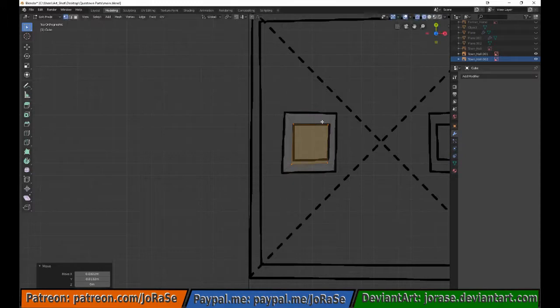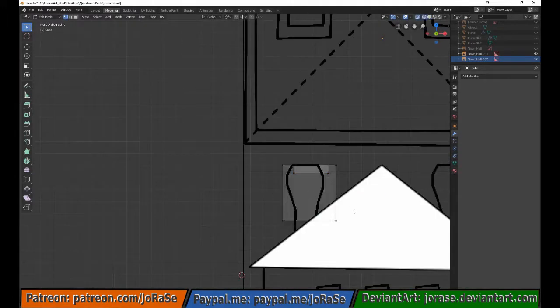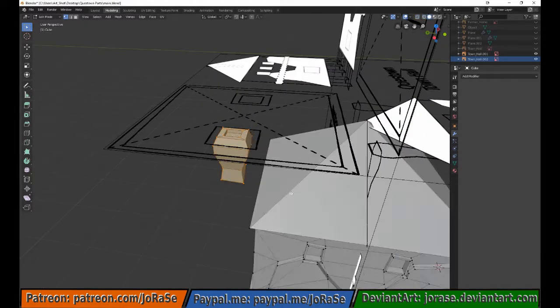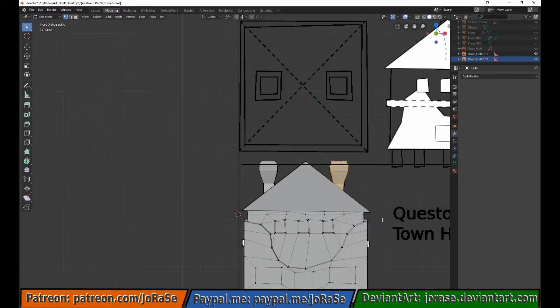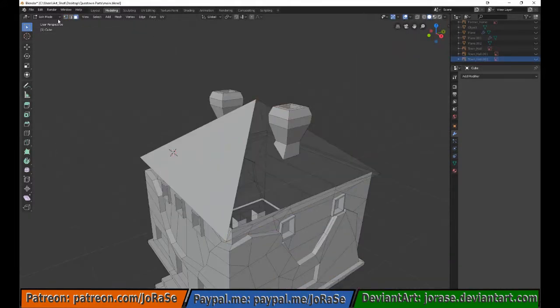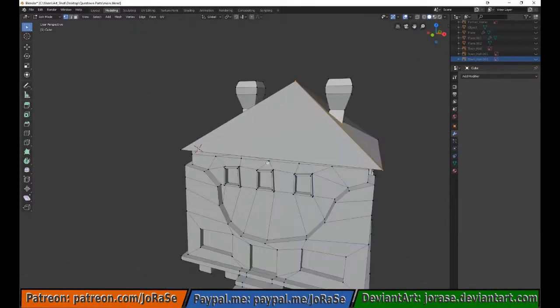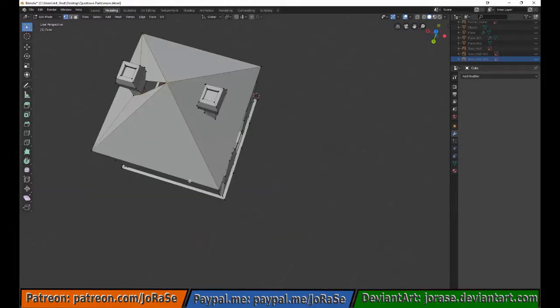Now the chimneys. Let's get them positioned right, and then scaled in. Add in a few loop slides to get the shape defined. And we want it joined up to the roof. Make it easier, so just get it in position. There, and now we're going to